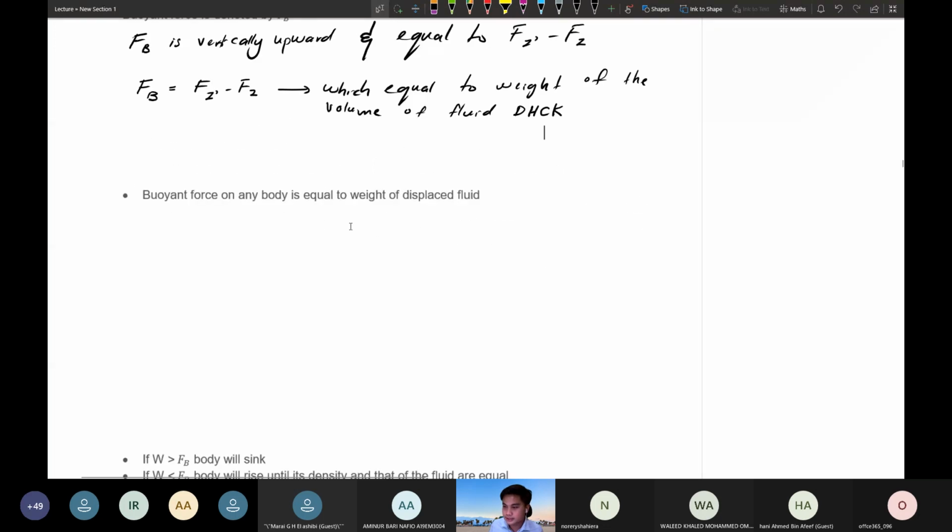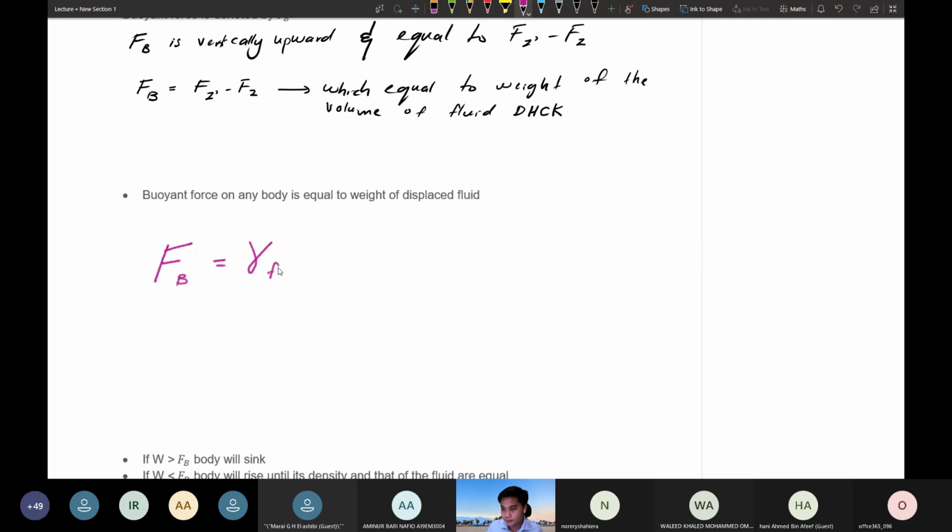A buoyant force on any body is equal to the weight of the fluid it displaces. So simply for you to understand, just remember: buoyancy force on any body is equal to the weight of displaced fluid. Okay, that is the definition of buoyancy force, in which the formula turns out to be FB, F subscript B, the buoyancy force, is equal to